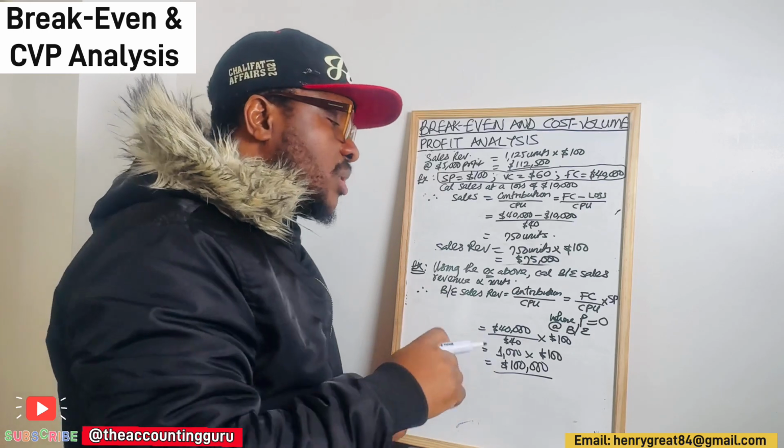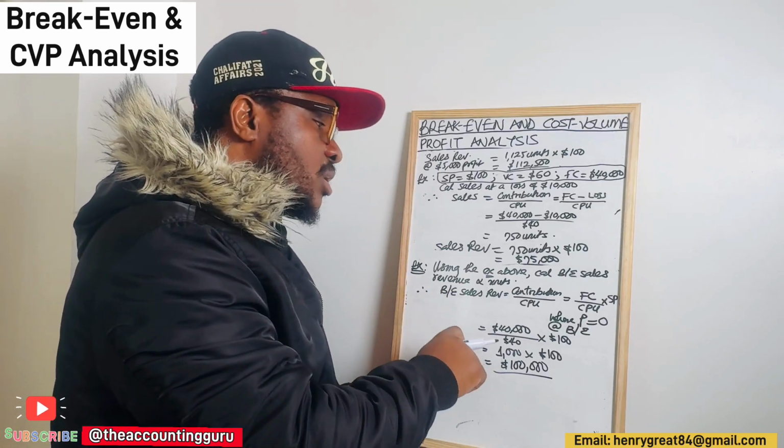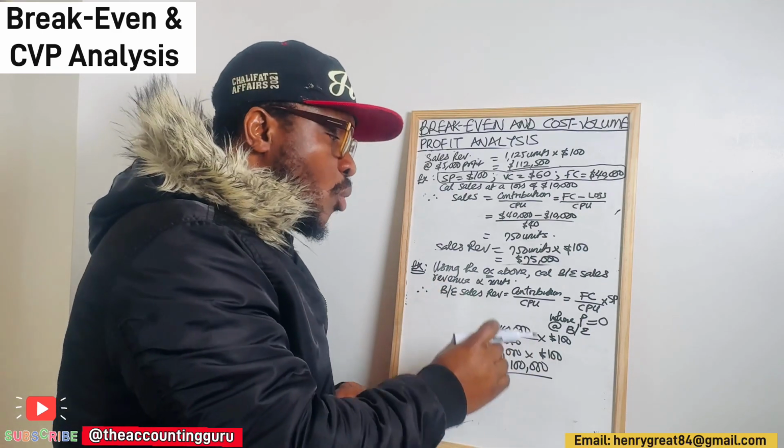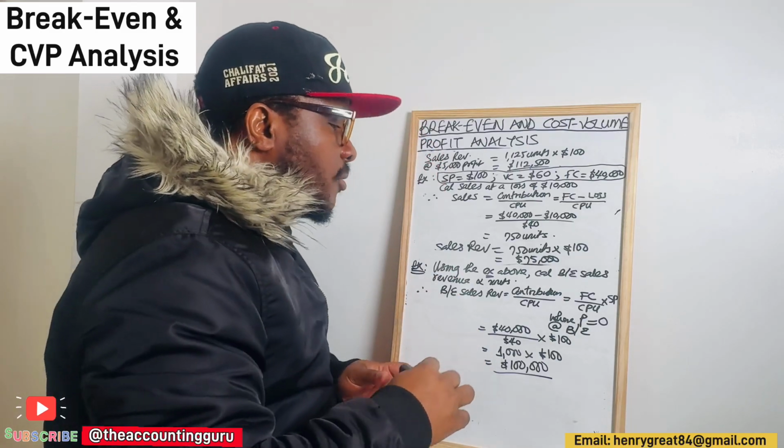So sales revenue in this instance is what? Sales revenue in this instance is $100,000. So this is the break-even sales revenue, $100,000. What does this mean? This means that for the business